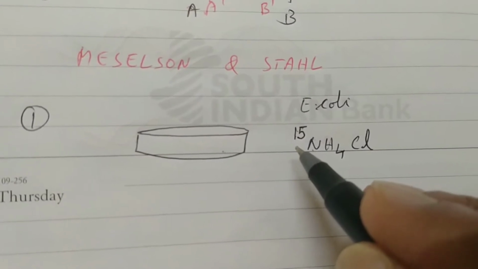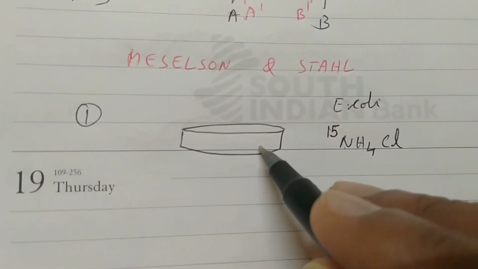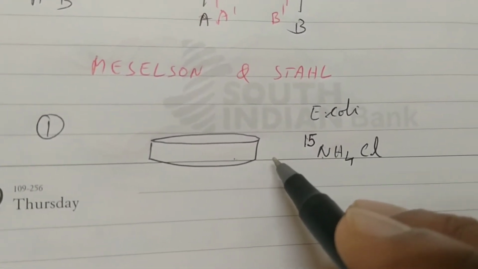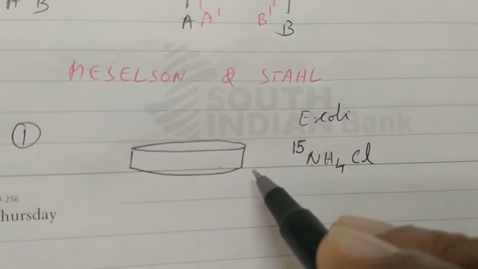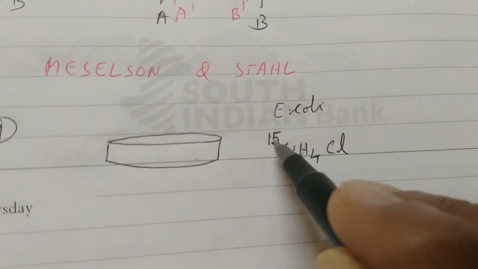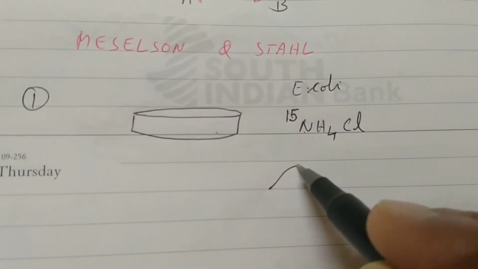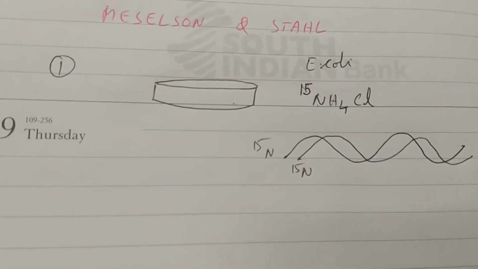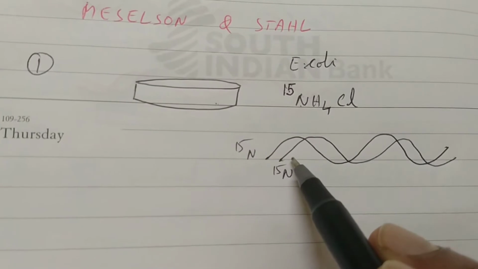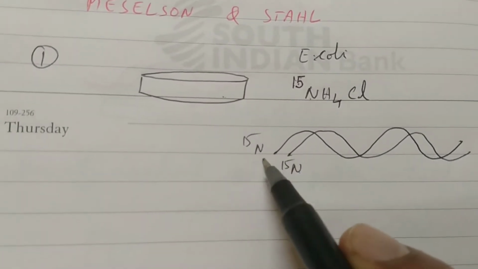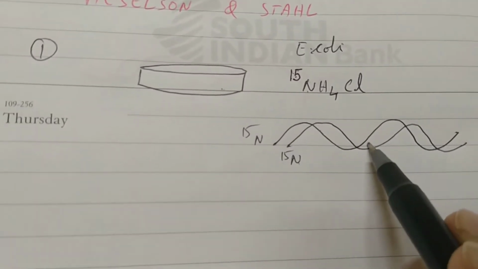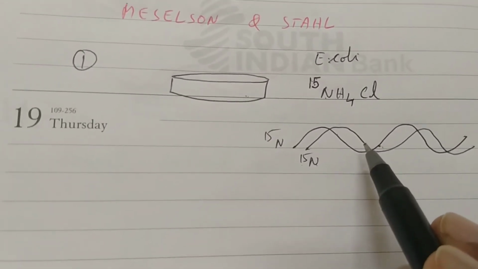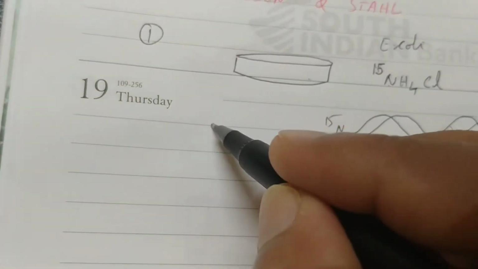Normal one is N14. So when this bacteria multiply for many generations, they have to make new DNA strands. Nitrogen is required for making nitrogen bases, so this N15 will get incorporated in their DNA. So we can draw the DNA of these bacteria. When we take the DNA of the new bacterium, we will get N15 incorporated in both strands in the nitrogen bases. Now to find out these strands, they did a density gradient centrifugation.